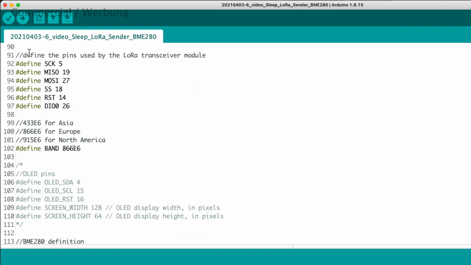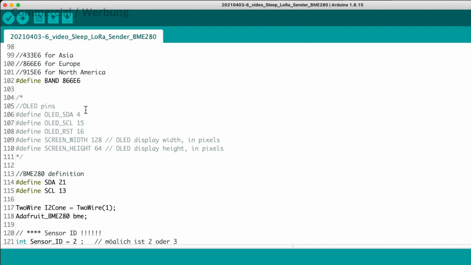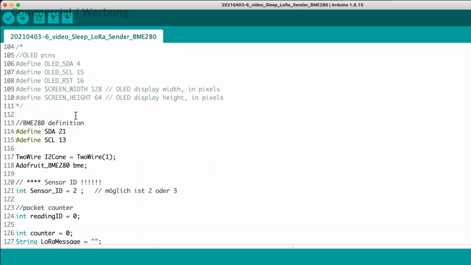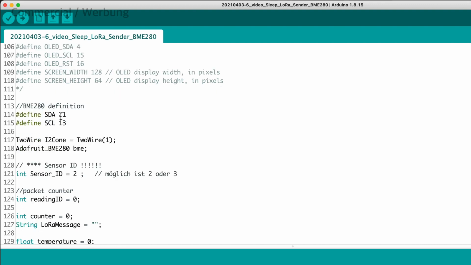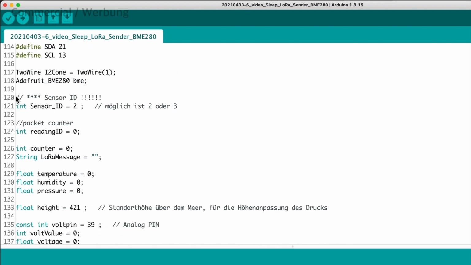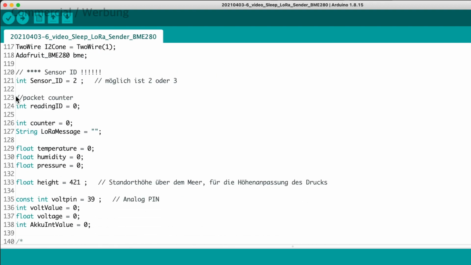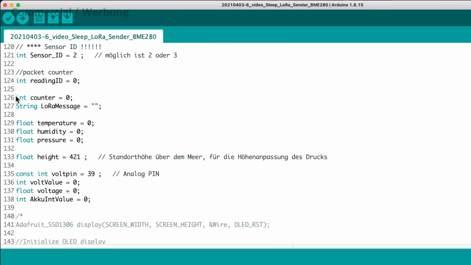We also define the pins for our board here. This is the definition of the frequency band here, and we define the pins for the sensor data inputs. And of course we need some variables for our data to be processed.